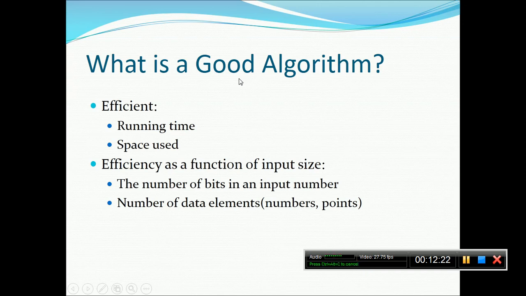Now, what is a good algorithm? Suppose an infinite number of algorithms are available. There could be huge chaos about which is a good algorithm and which is a bad algorithm. Suppose in a class I have given a problem and two students have solved it, then I have to judge which of them has solved it in a better way.